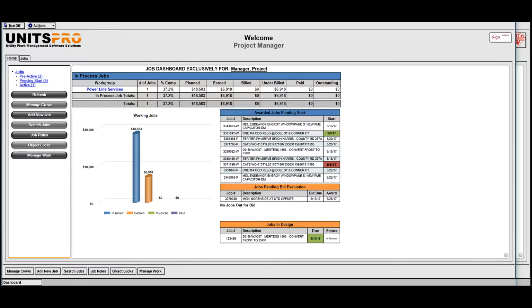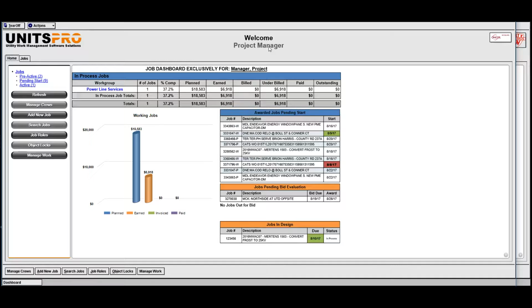In the prior session on UnitsPro, as the owner's project manager or workweek manager, we set up a job and imported the job design using our PDF scraper program from an owner-provided job card. In this session, we're going to go through how the owner's workweek manager can manage the work by dividing it up amongst various work groups. And then we're going to proceed into the work group's workweek manager or scheduler and how they assign the work